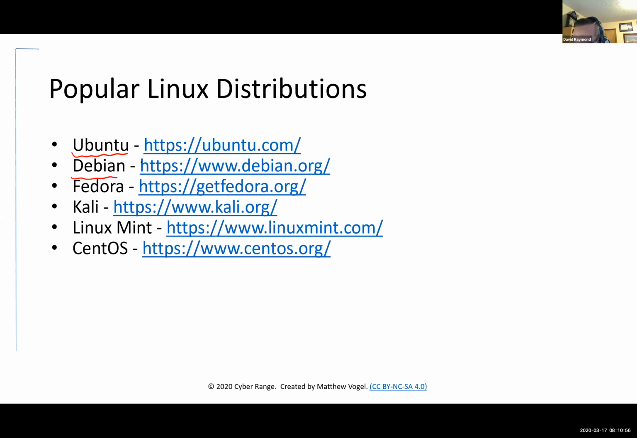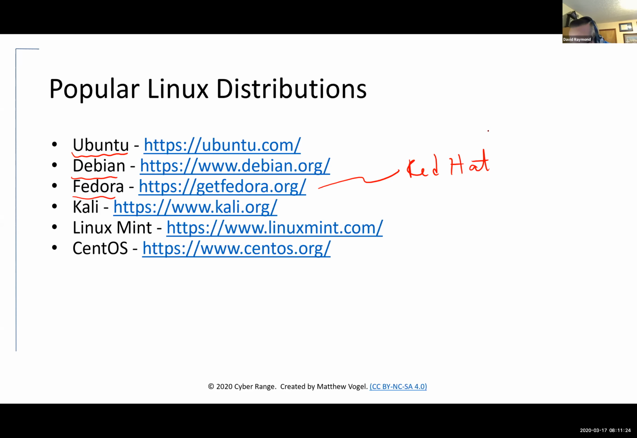Debian is another popular Linux distribution. Fedora. Fedora is actually an open source version of a Linux distribution called Red Hat. So you may have heard of Red Hat Linux before, or maybe not, I don't know. But Red Hat is actually a company that has their own Linux distribution, and they provide user support. So if you're going to use Red Hat Linux, you pay for it, but I should mention